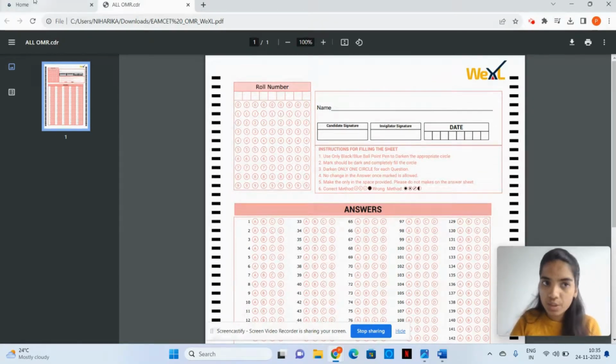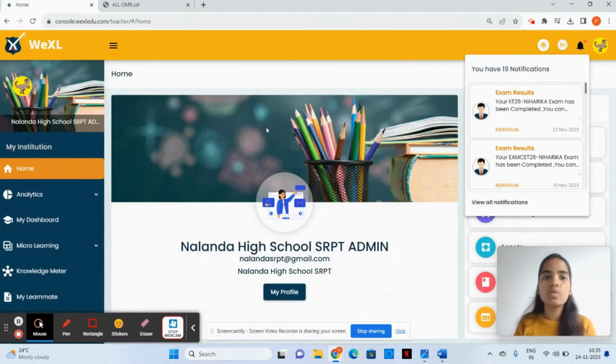Once the student finishes writing his exam, these OMR sheets will be scanned and uploaded in the system where an auto evaluation is done and a digital record is created, which can be later tracked by both admin and teacher. Once a digital record is created, an SMS notification will be sent to the parent mobile number. Now I'll be showing you the process of how this can be achieved.